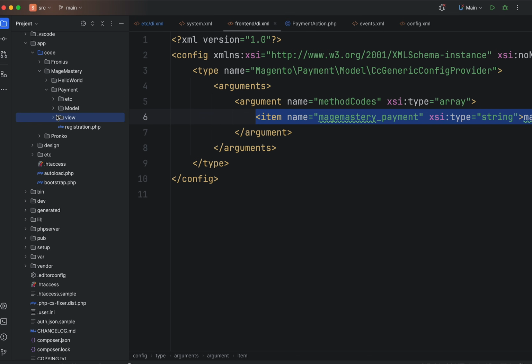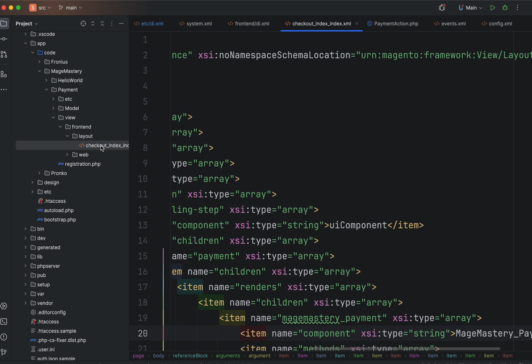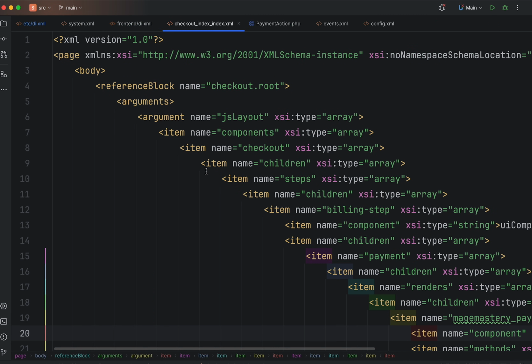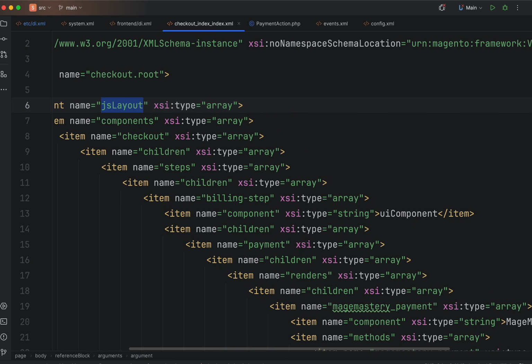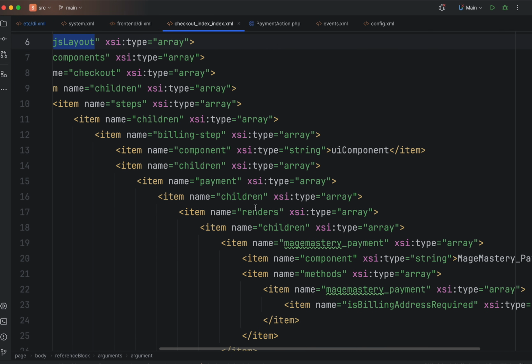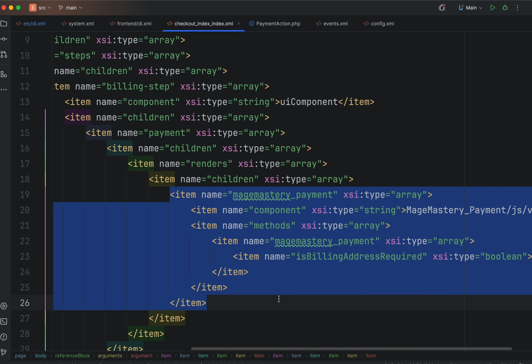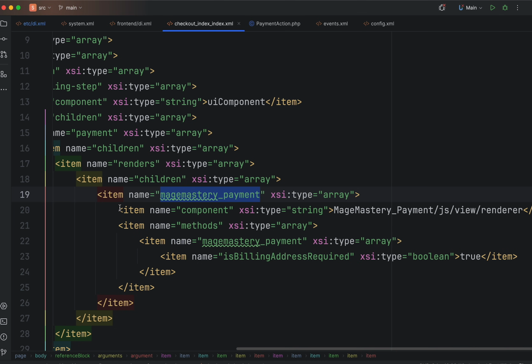And finally, we have view frontend layout configuration. It's checkout index.xml, where inside, so we have JS layout, inside billing step, payment, renders. Here we have our custom section with a method called code magemastery_payment, where we define our custom component,